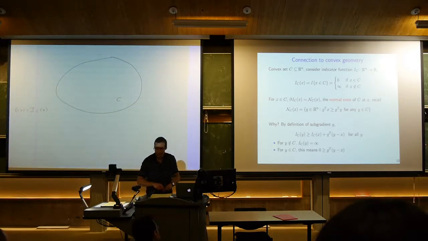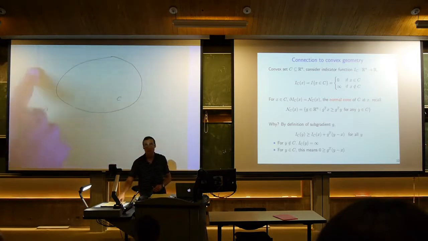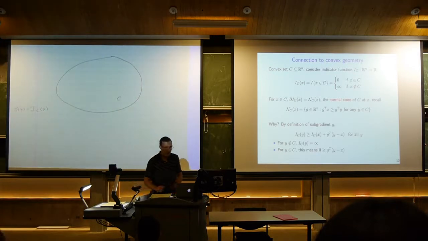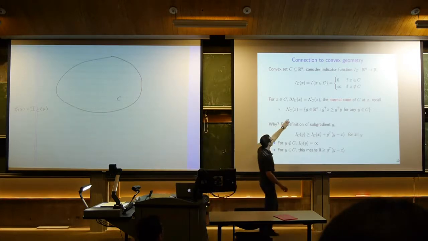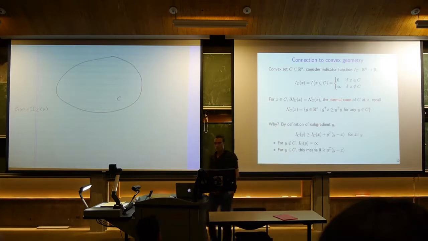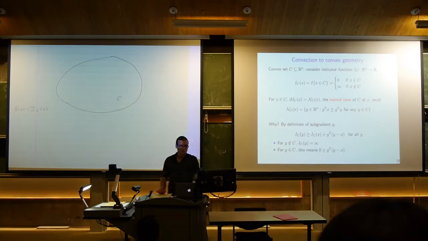This is the guy that's 0 on the set and infinity outside of the set. Then it turns out that the subgradient of the indicator function at the point x, here we're assuming C is convex, so is this indicator function, is just the normal cone